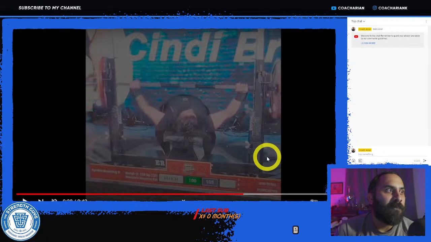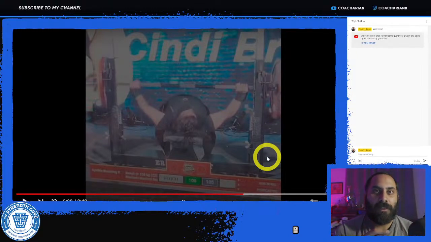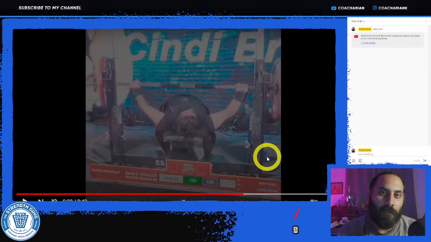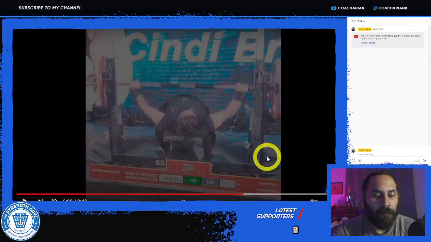So if it's something like that, if it's not, then maybe ask, okay, has it always been an issue like this, or was it a recent thing? And maybe you're just very, very tight on one side as far as the shoulder and the pec and everything like that, and that's causing the elbows to tuck in at a different amount on the way down, and pressing differently as well on the way up.